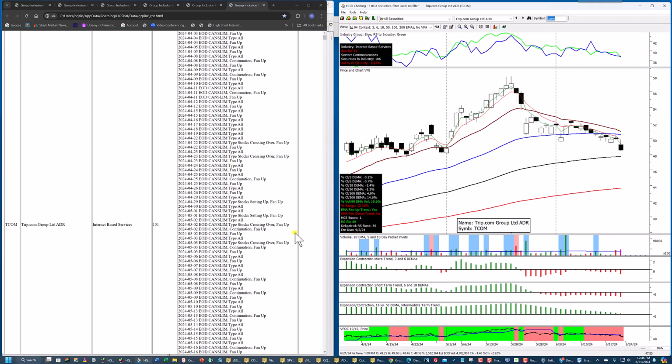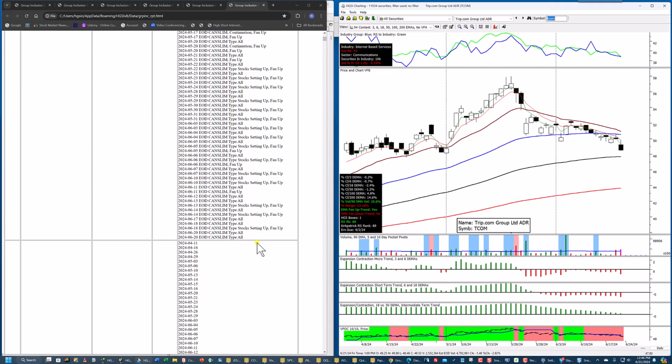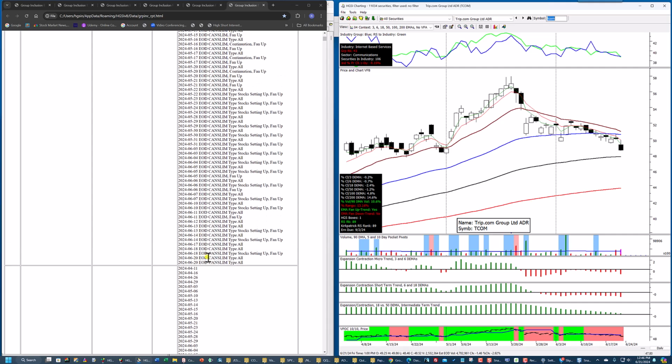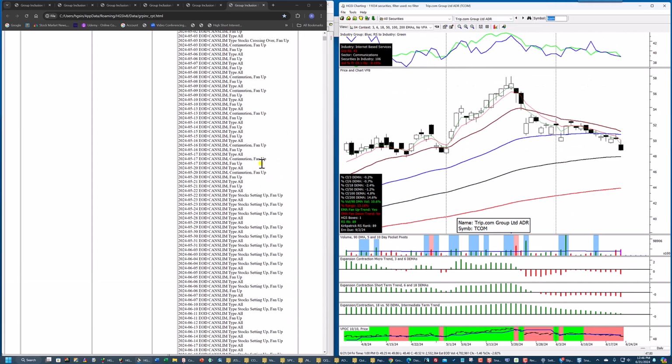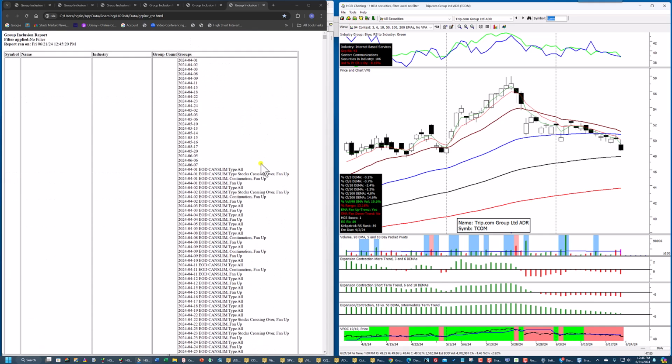And you can see that it's made its run. It's going downhill. Let's see when the last appearance was. Okay, it's still in CanSlim because it's still a CanSlim type stock based upon the earnings, but this is the last date that it appeared in the top 50. This isn't labeled up here, but this is the top 50 group inclusion report, and it was on 6/7. So 5/20. You can see after 5/20,